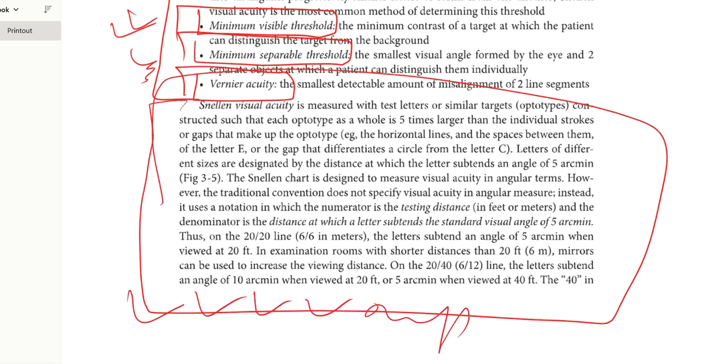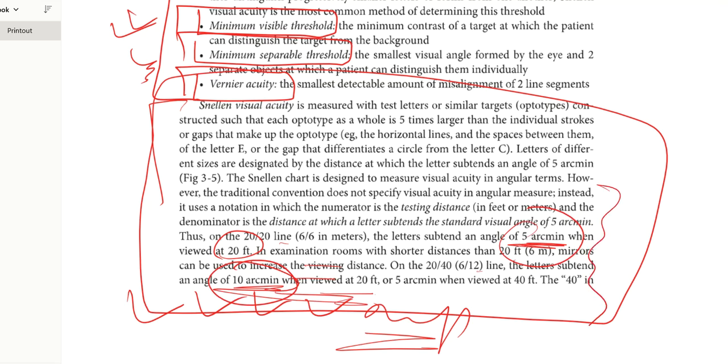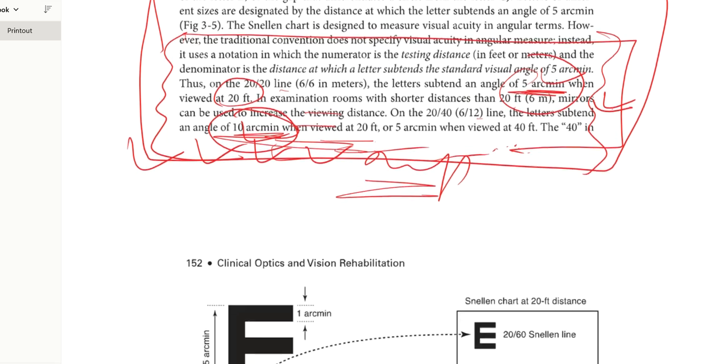Very important. Okay. They will confuse you in the exam. 20 feet like this, 5 arc minute, 10 arc minute like this. Here 10 arc minute, here is the 5 arc minute. They will give you the scenarios in the exam like this. Confusing. But from these lines, they will just change the values: 5 arc minute, 10 arc minute, 20 feet, 10 feet. Even there is a 10 feet option